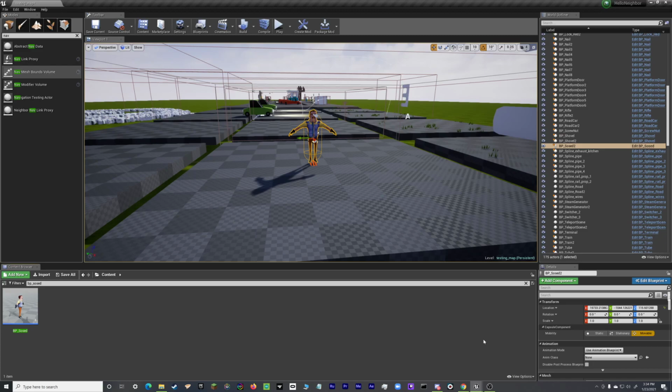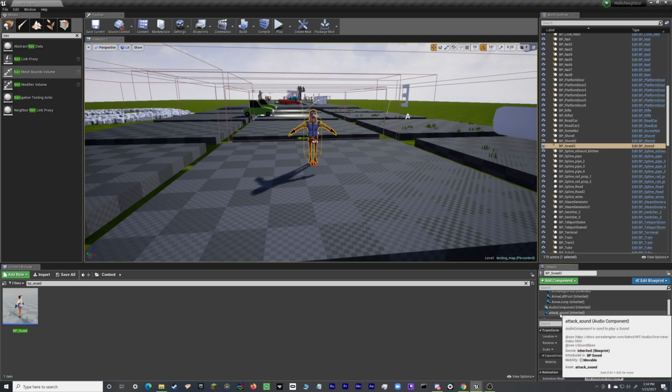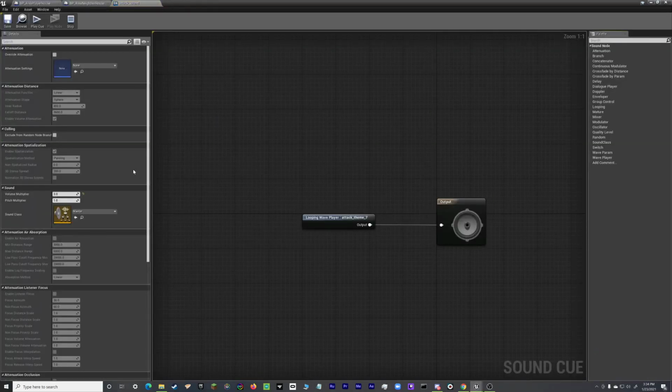If this is all you see, go over here. Go right in between the two searches and pull down, and this little menu will pop up. Then scroll down until you find attack sound inherited. Click on that, and we'll pull this up a little bit so we have more room. Under where it says sound, this is where you can change it. So if I double click on that...